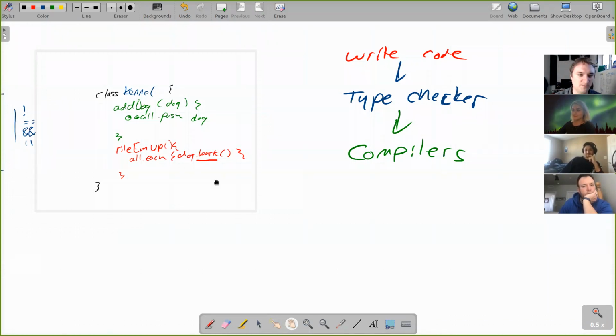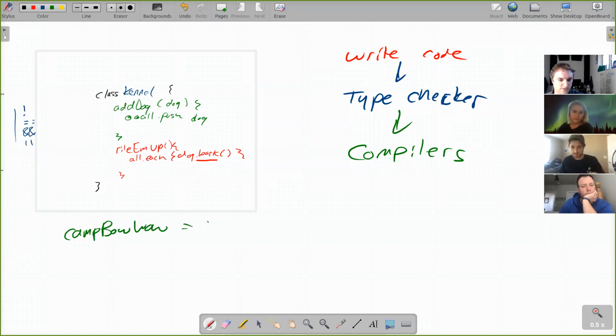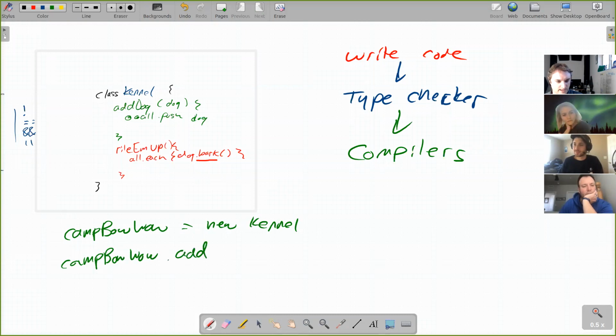And so you might do something like campBowWow equals new Kennel. And then you do campBowWow.add(dog).